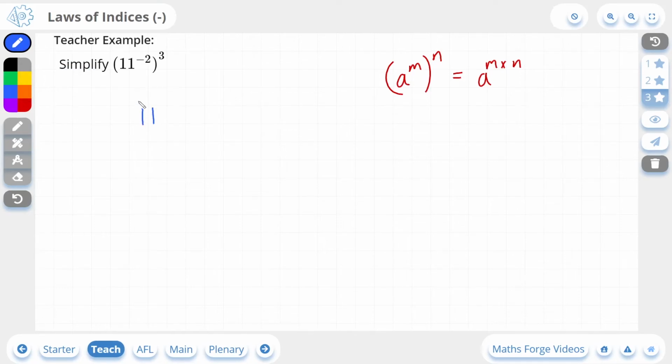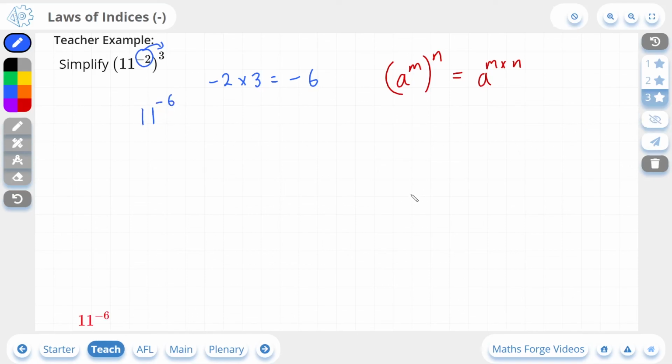Have the same base number of 11, but multiply negative 2 by 3. Negative 2 multiplied by 3 should give us negative 6. If you remember from the lesson on negative numbers, multiplying a negative by a positive gives you a negative value. And 2 times 3 is 6. So our final answer should be 11 to the power of negative 6. And if we check our answer,